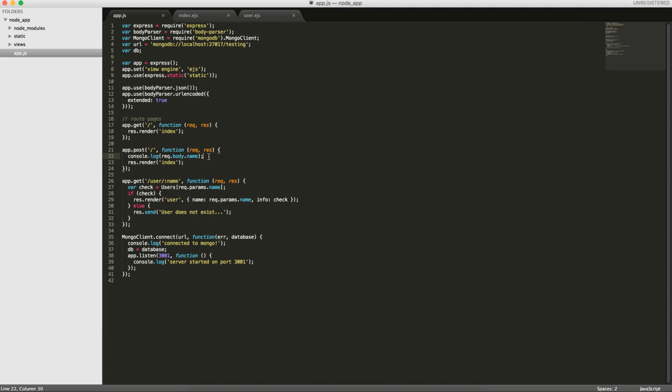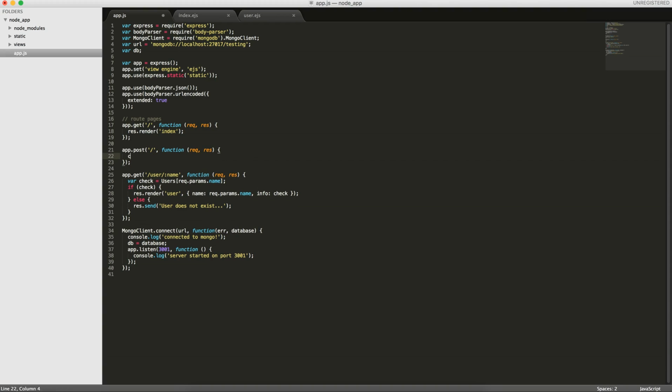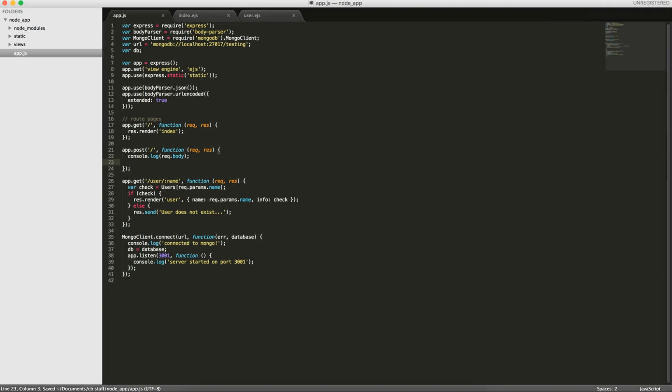So now let's take this information and store it into a collection in Mongo. So now what we'll do is within here, within this post function, we're going to post into Mongo. And this is what we're going to do. So let's get rid of this. We'll actually console log req.body just to make sure we're getting the information. And now we're going to